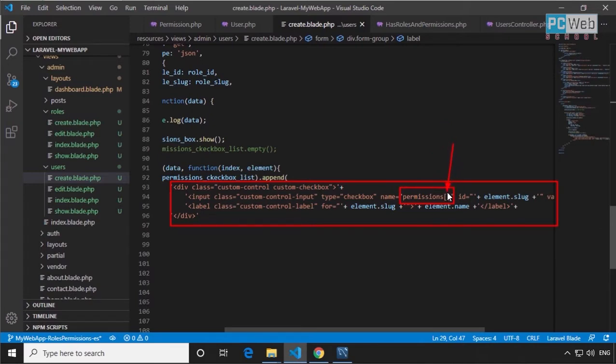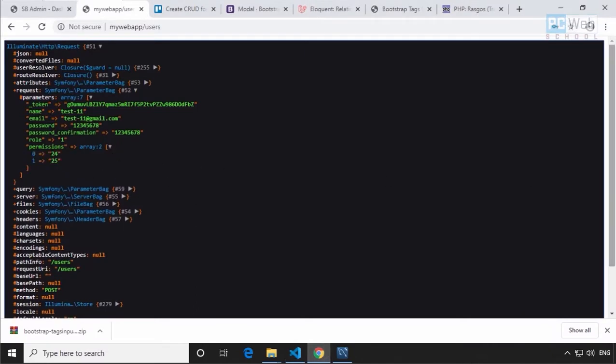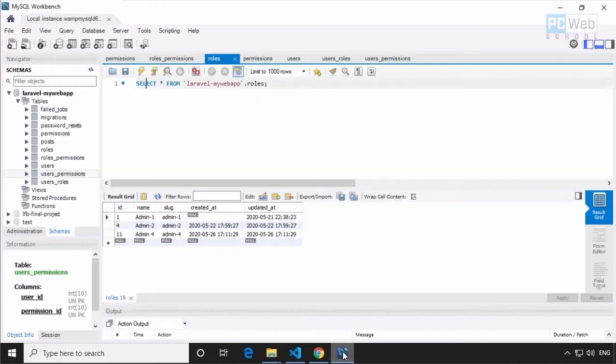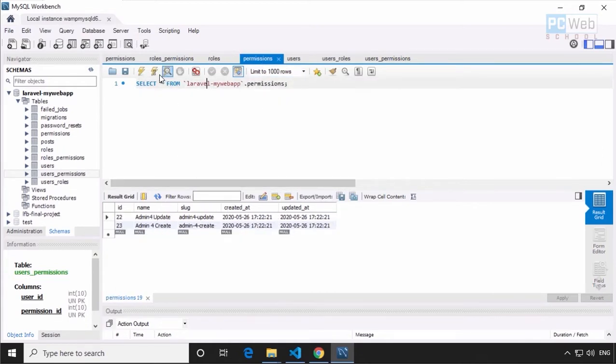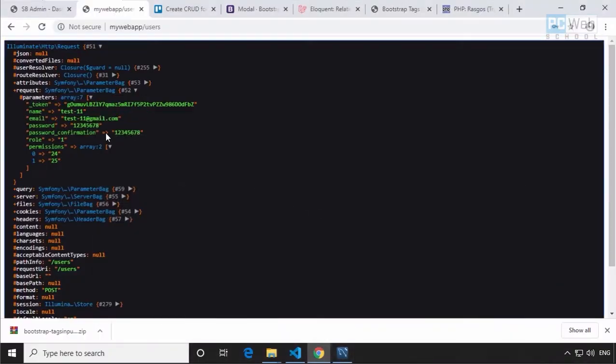And remember, this is very important: those square brackets specify that we are creating an array. So if I look inside this here, I get the IDs, the IDs of the permissions, because we need to relate those permissions with the role. If we go to the database and refresh this, you can see we have those permissions, which are the last two, 24 and 25. Okay, so this is how we send this data